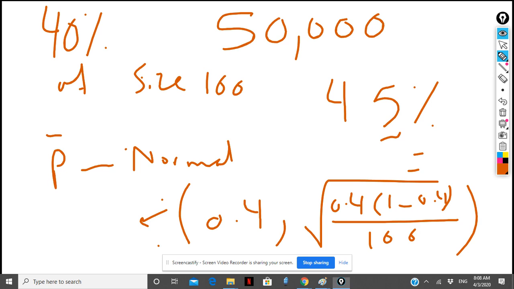When I simplify it, it's 0.4 and 0.049. Now, to calculate the probability of 45%,